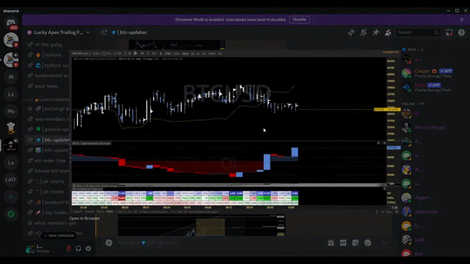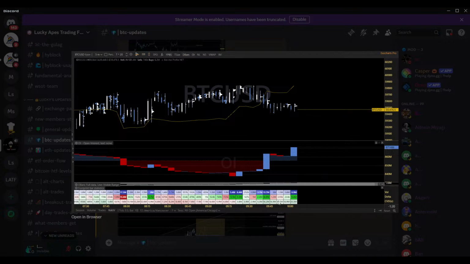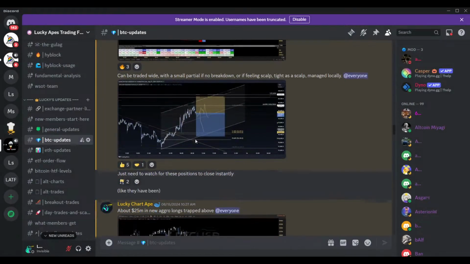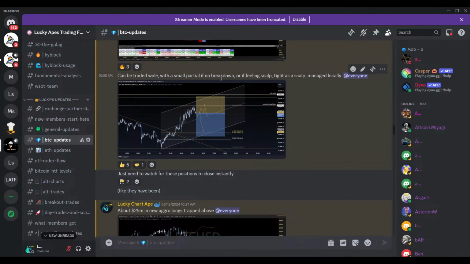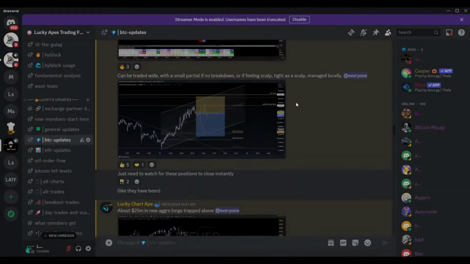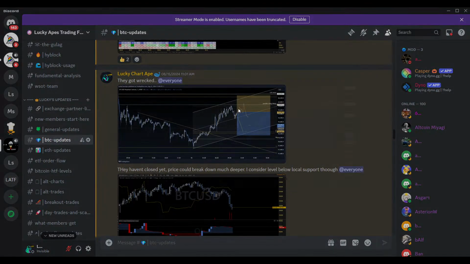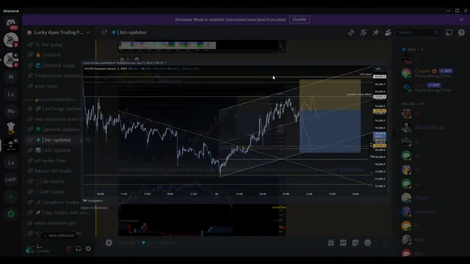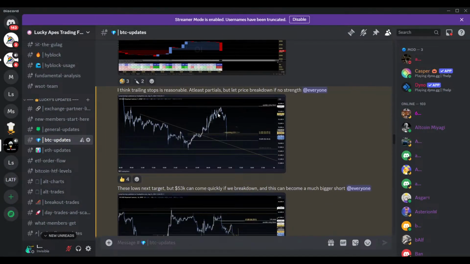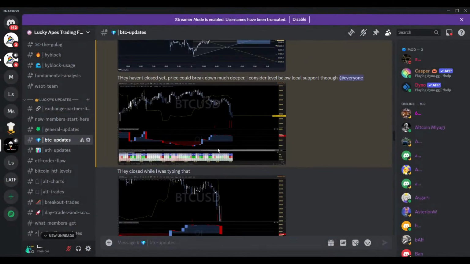I just said this is probably worthwhile to short. Super aggressive longs, 10.9 million, 5.4 million. Looking to trade this down. It could be traded, I said, wide if you don't feel like managing it locally, or tight as a scalp managed locally. Not very long after it all, price just nukes straight down, right? That's that big move down that we had from 59K down towards 58K, explaining, again, there's a reason to continue